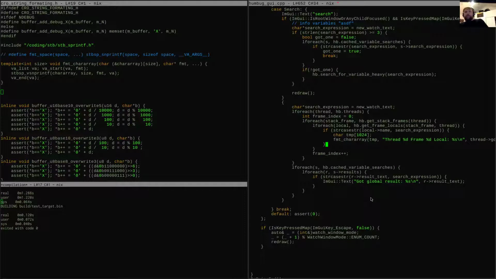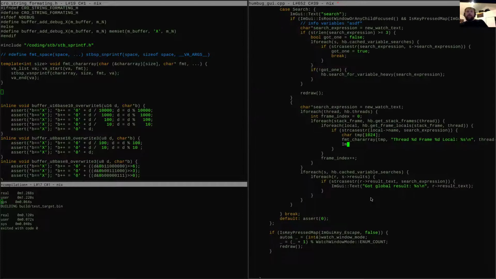And then we need an ImGui button. That's this temp array. This is temp, okay. And then we need to do exactly the same thing right here.